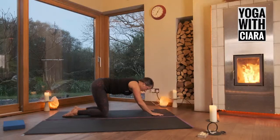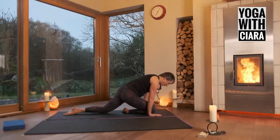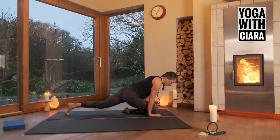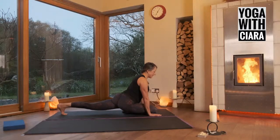Nice. Both hands to the floor. Bring your right knee forward again towards your right hand. And this time come back into zigzag or just pause for a moment in pigeon. So pigeon is your back leg is lengthening out and you're resting your weight down into that right leg with